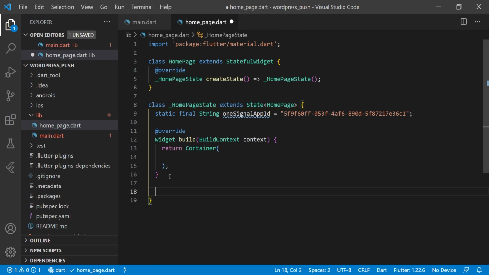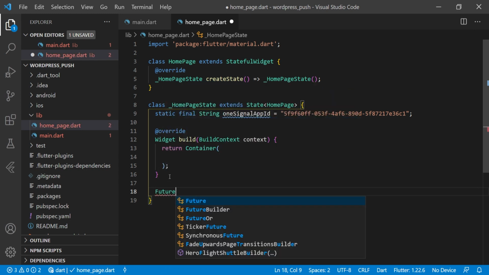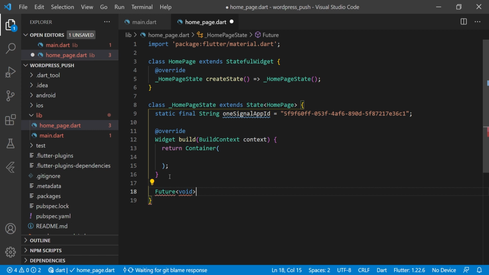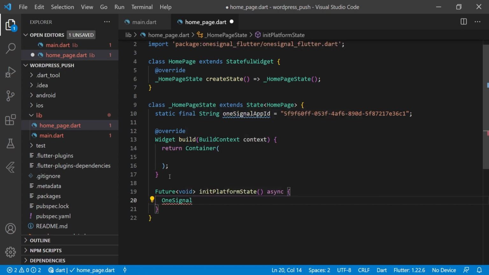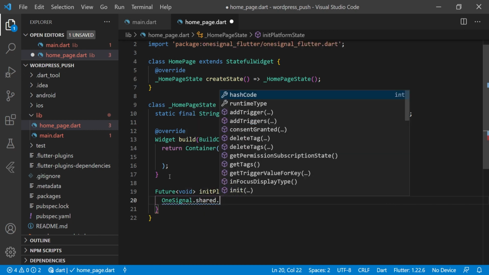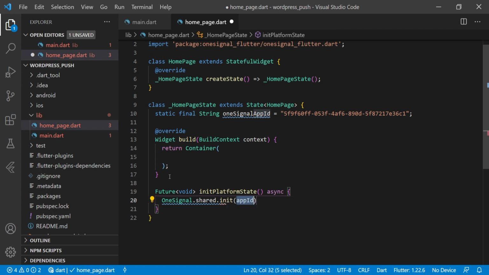And here we will create one function, Future of type void, initialize platform state, and you can give any name to this function, and we are making it async here. Here we will call OneSignal.shared.initialize, and we will initialize it here, and here we have to pass the OneSignal app ID.